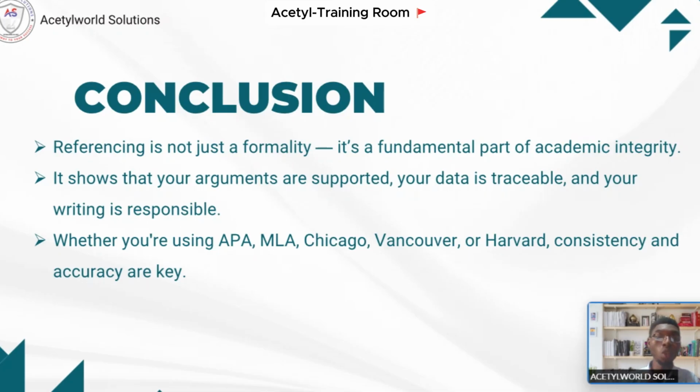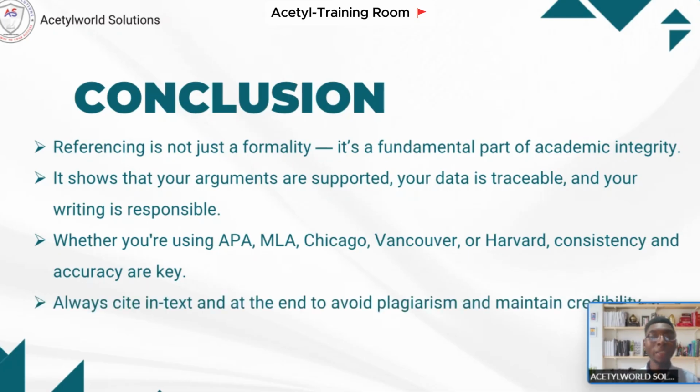If you are making use of APA, make sure you are making use of APA from the beginning to the end. And that's why I taught you how to convert from one reference format to another format. So in case you go online and you search for different journals, and you end up having different formats of references with you, you can always go to Google Scholar and copy them there and see the different styling formats. So you can now pick the one that you want. Always cite in-text and end-text reference to avoid plagiarism and maintain credibility.